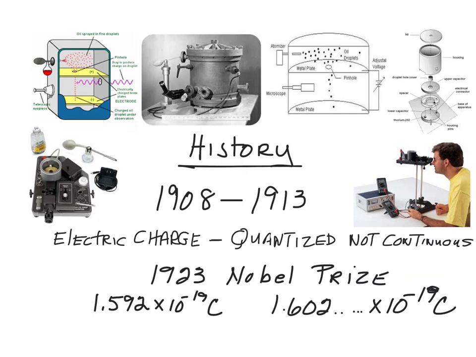Details of the history of the Millikan Oil Drop experiment will be given in question 1 and assignment 5, but here's a short summary. From 1908 to 1913, Millikan and Fletcher did the work that resulted in their concluding that electric charge came in smallest fundamental units, that it was quantized and not continuous, that there was in fact a smallest discrete unit of charge that we now call the electron,